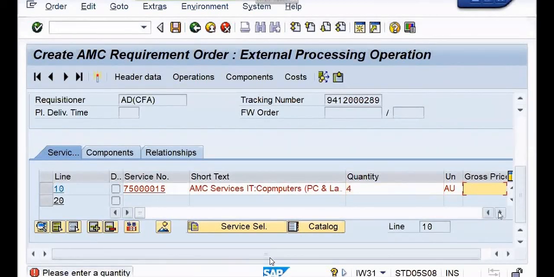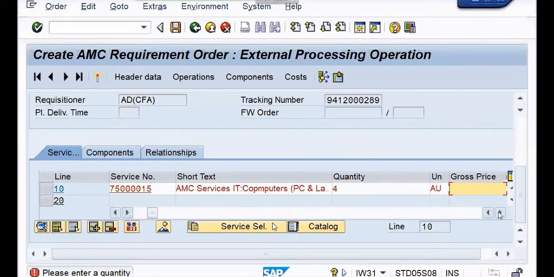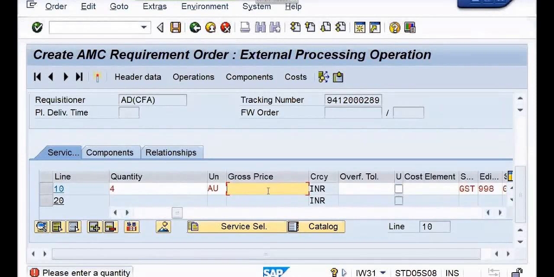Then gross price per cycle, right? Let us say I want to pay 100 rupees. Let us say there has been, I came to know by offline agreement, by the quotations from the vendor, that in order to maintain one laptop per